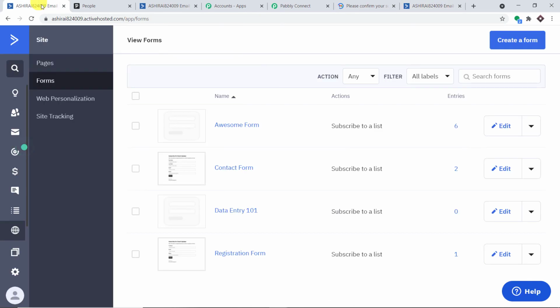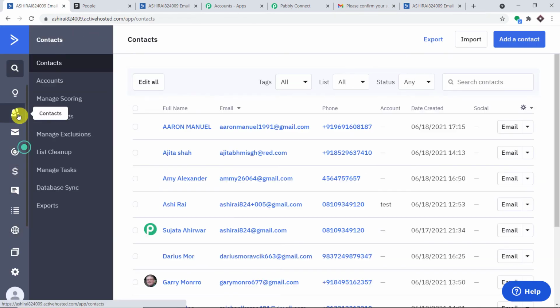Excellent. So let's have a look. Do we have a contact called 𝗪𝗯𝗯𝗪𝗆? So let me just go to contacts. Yes, we do have a contact called 𝗪𝗯𝗯𝗪𝗆. Okay, this is the full name, this is the email, and this is basically the phone number. So the contact has been added from a form in ActiveCampaign. Excellent. So what's next? So basically, we have already integrated ActiveCampaign to Pabbly Connect, and the trigger event was contact